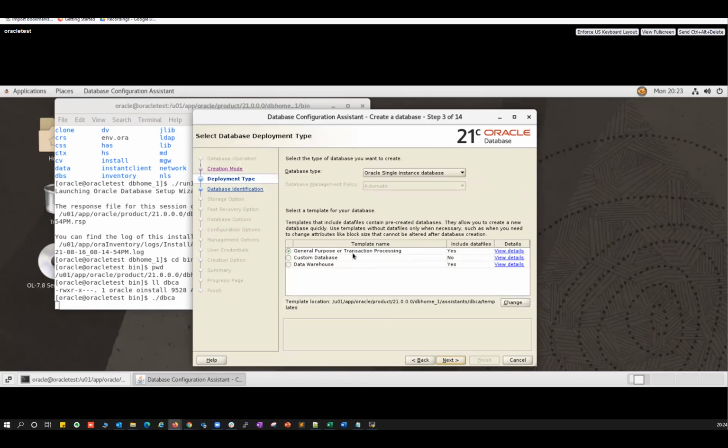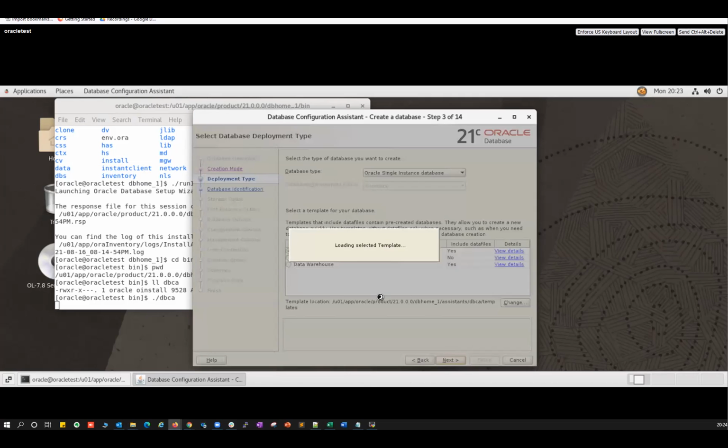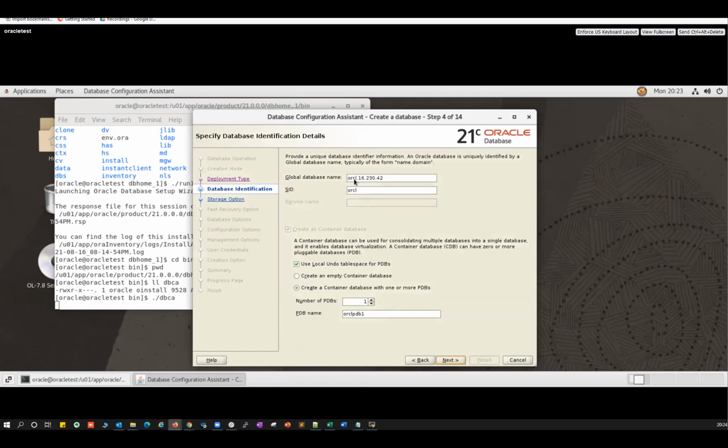For example, what kind of database it is: general purpose, data warehouse, or a custom database, or a single instance database and all those things, and proceed further. And then you can select your database name, that is your Vara 21C, and how many PDBs you want. If you don't want a PDB, create an empty container database and use local undo tablespace for PDBs if you want to create PDBs. I'm not going to create any PDBs,